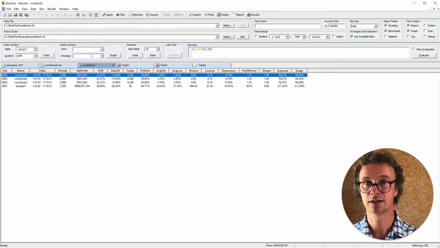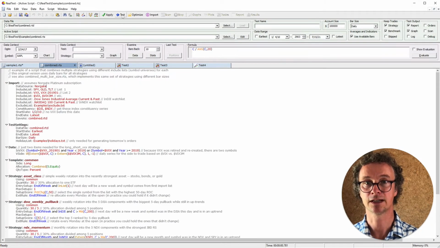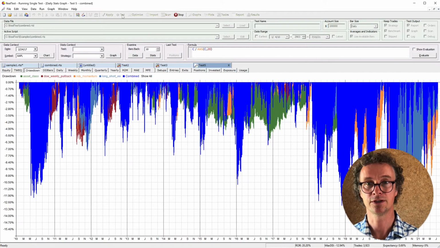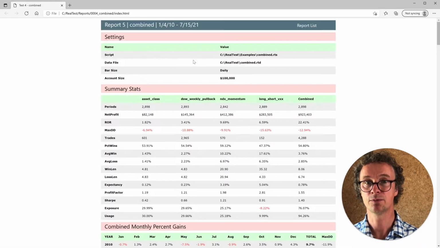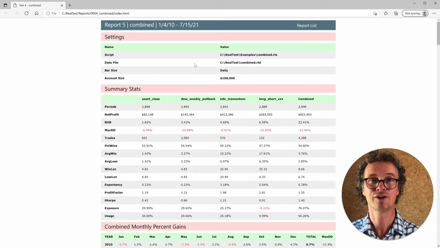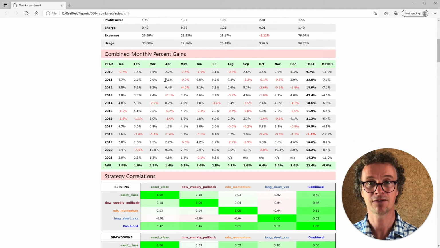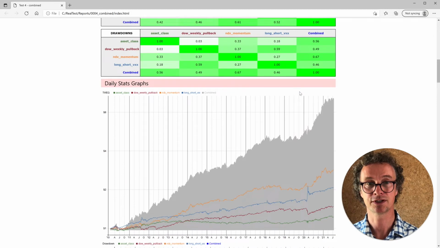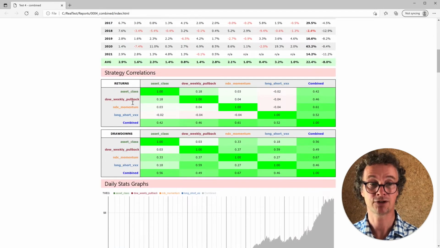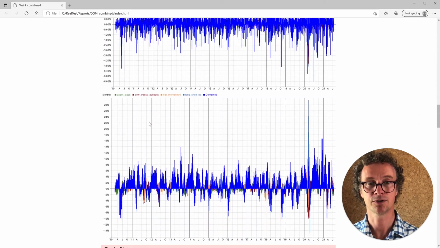So if I click back to my script and click test, now not only does it open that, but it also opens a browser, and this contains a full HTML report of the entire results of the test, plus some extra things that you wouldn't otherwise have, such as a breakdown by month and by year, which is very useful for scanning, correlations between the various strategies if you're running a multiple strategy system, the main charts that we just saw,